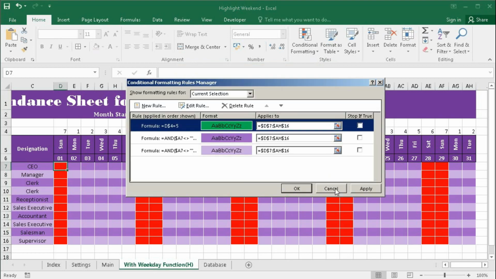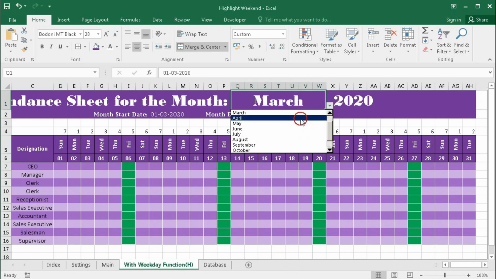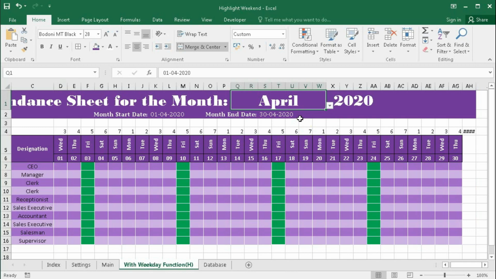Okay, apply. Okay, we can see that Friday is highlighted with green color. If you change the month, the columns are changing but still Friday is highlighted. So in this way you can highlight the days of a month with the help of weekday function. So we have done this with the help of a helper row.